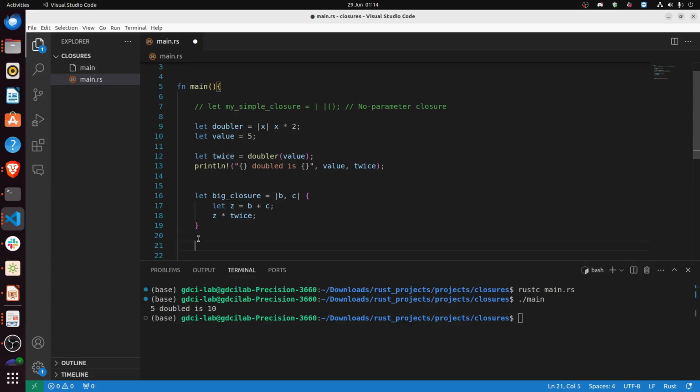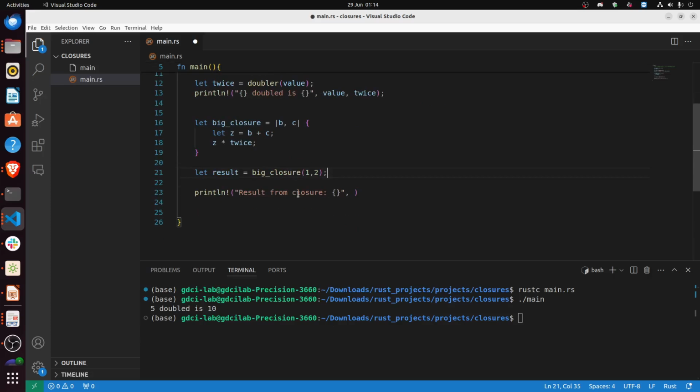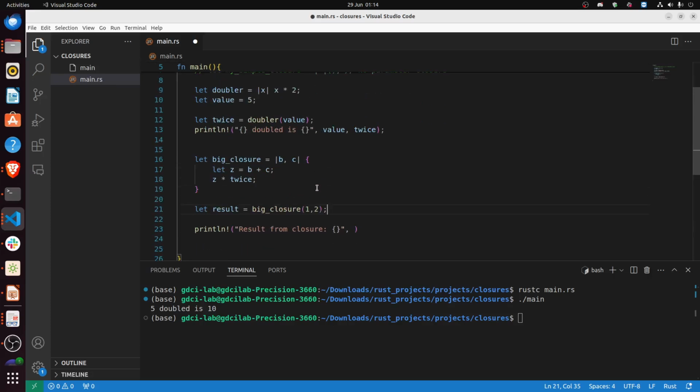What do we call this? Let result equal to the big closure. And big closure takes two arguments like we've declared. We can give it 1 and 2. So if you save and call the Rust compiler,